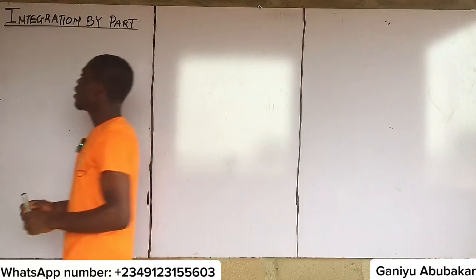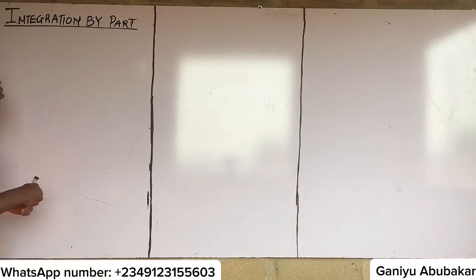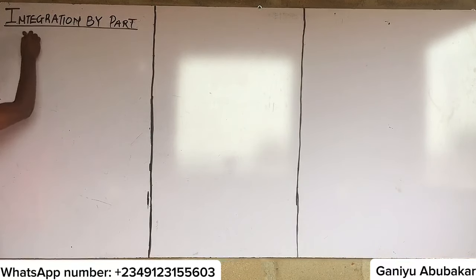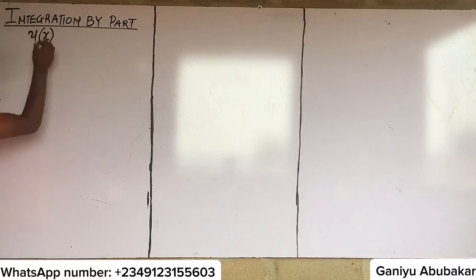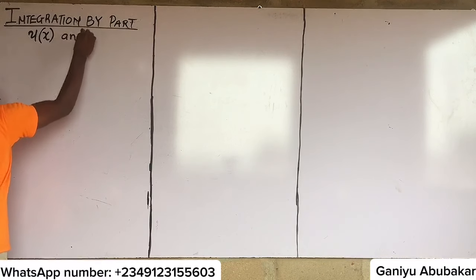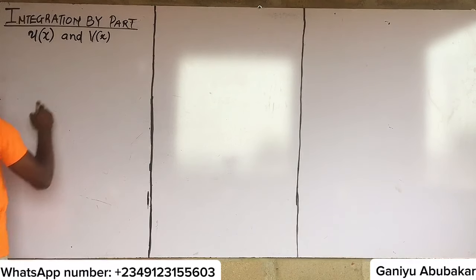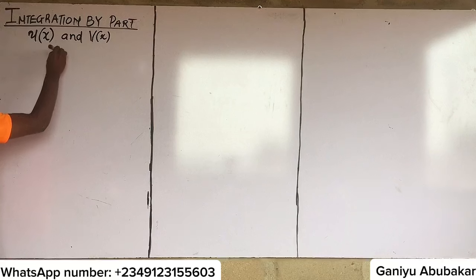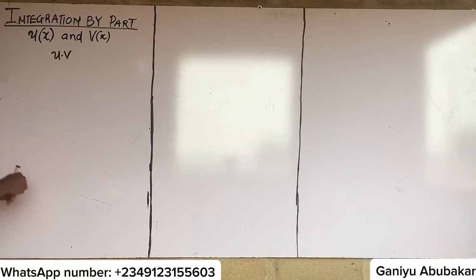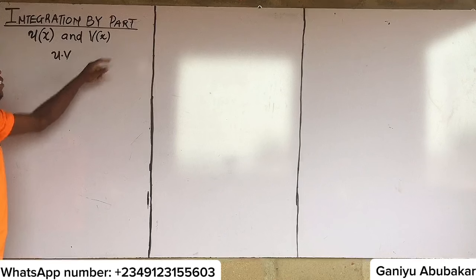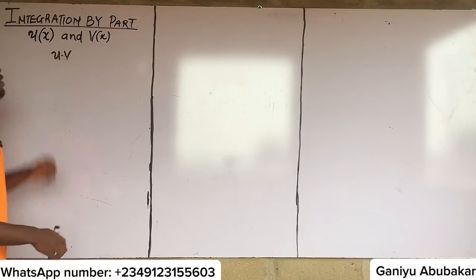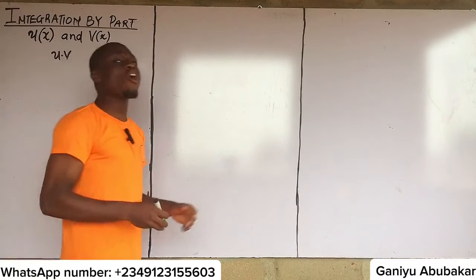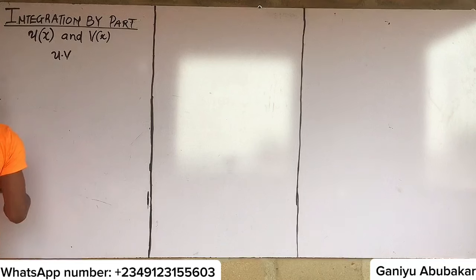So let's say given two functions u of x and v of x such that they are multiplying, u dot v. Hence, recall from